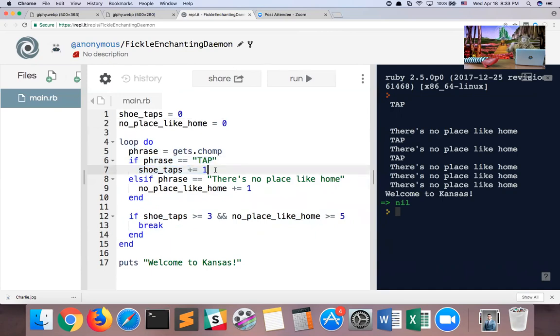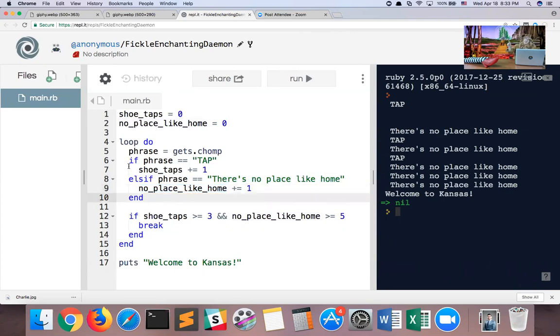We're going to take the number inside the shoe taps variable, which when we start the program is 0. We're going to increase it by 1. Else if phrase equals there's no place like home, if the phrase that the user typed in is there's no place like home, then we take the no place like home variable and we increase it by 1.